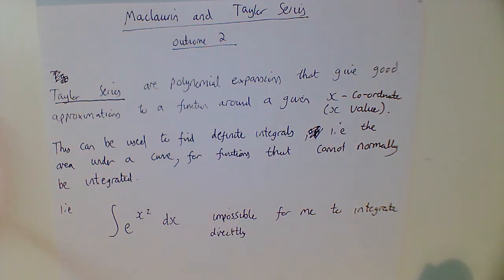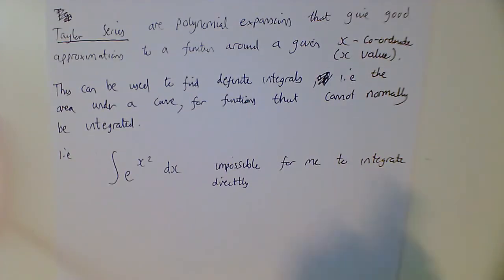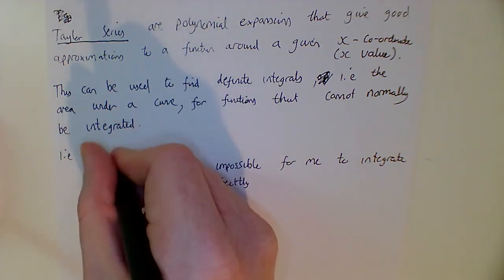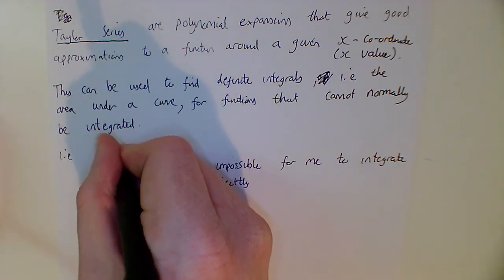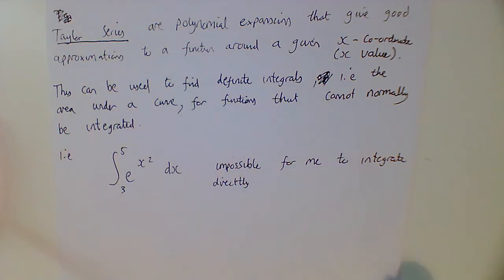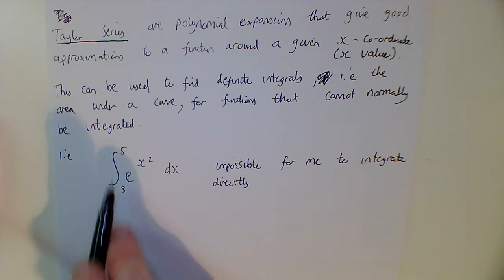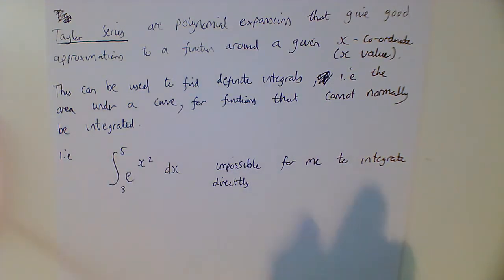Absolutely impossible. But say I wanted to know the integral between 5 and 3, so I wanted to know the area between x equals 3 and x equals 5 of this function. Then